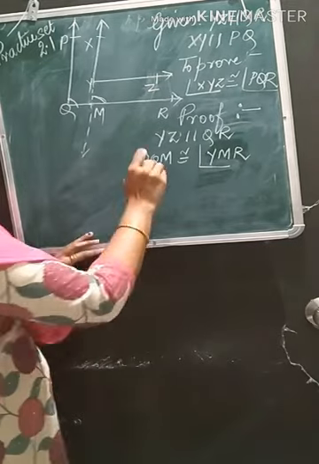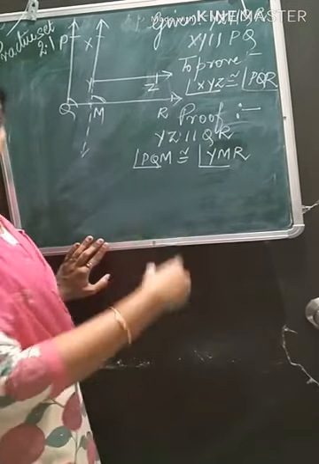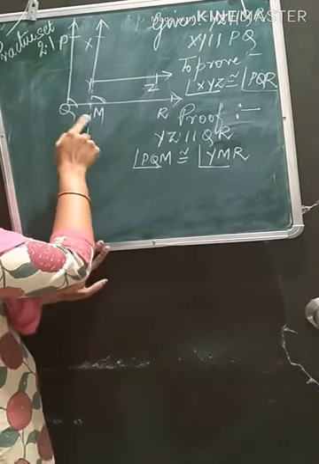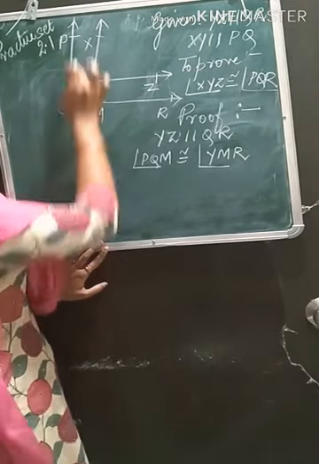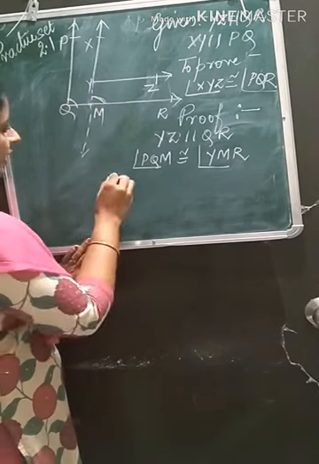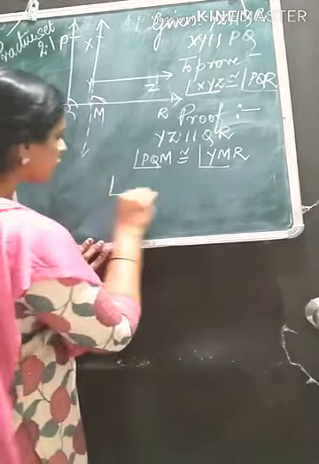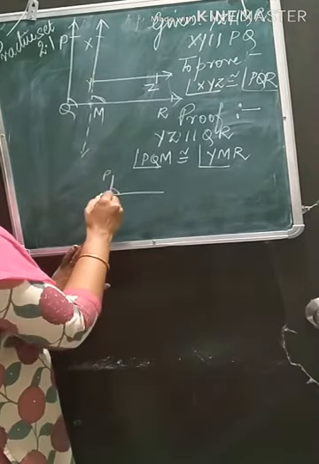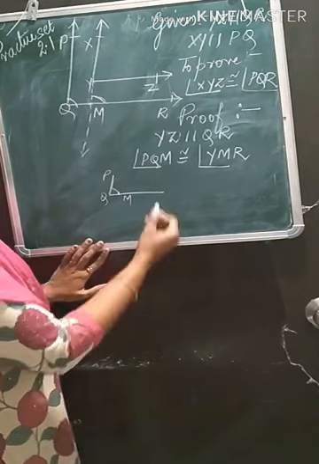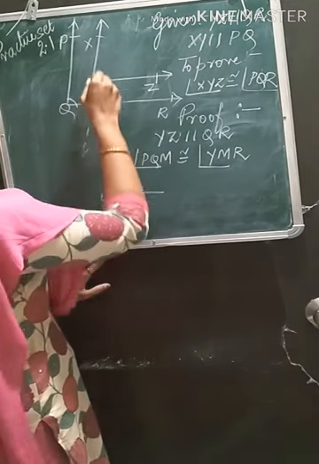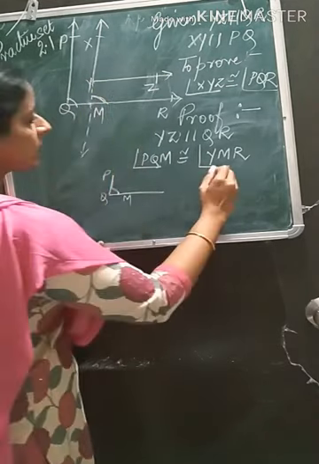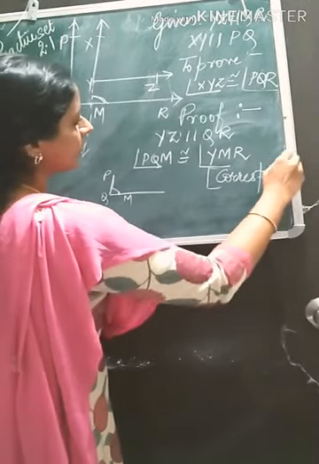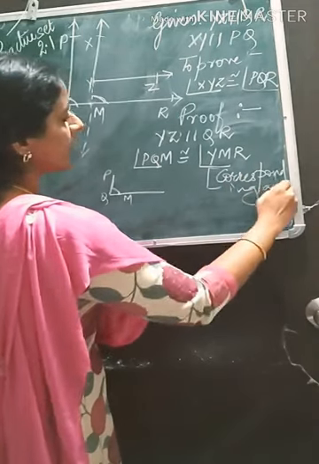Okay? Now every time you have to look at what we want to prove and what we are getting. PQM is nothing but PQM means still here, no? The angle, if I draw this way or this way, the measurement remains the same. So I wrote PQM congruent to YMR. Both are corresponding angles. Write the reason, most important reason why they are congruent, because they are corresponding angles.